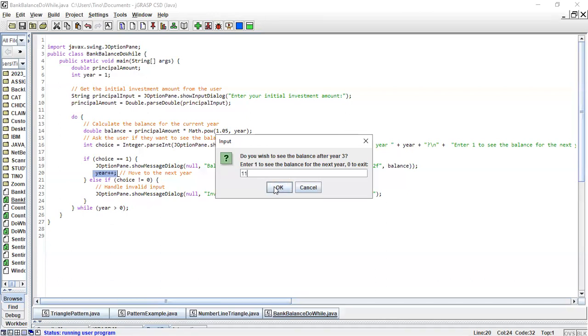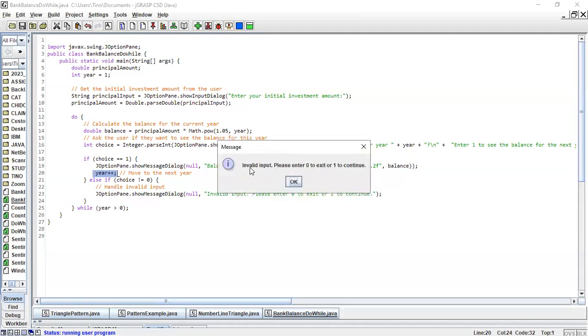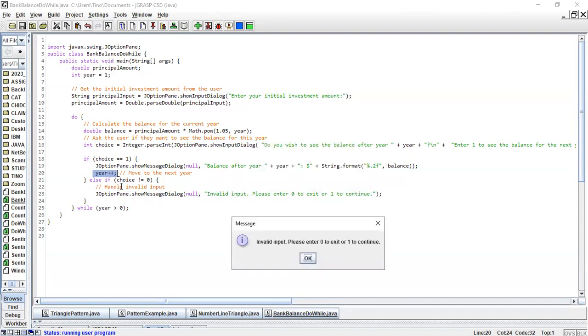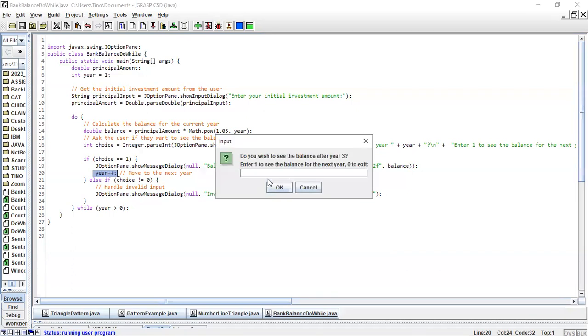Let me enter another number, which is not 0, to see if it can handle this. Okay, invalid input. Where are we getting this message? Here, to say we have entered a number which is out of 1 or 0, hence invalid. You should enter only 1. Do you want to see after 3 years the balance?